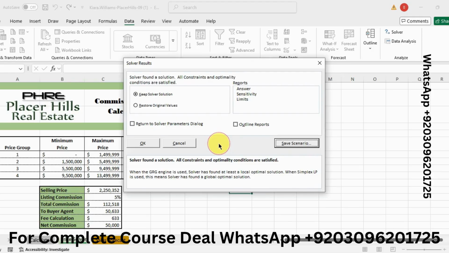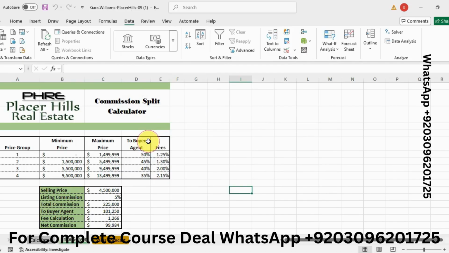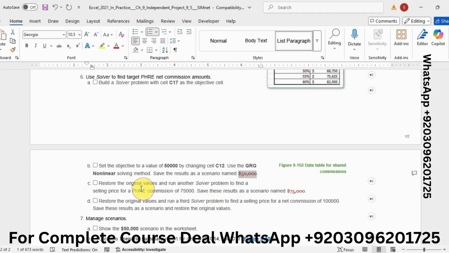Now check the box of Restore Original Values and then click on OK. So now second is restore the original values and run another Solver problem to find a selling price for a net commission of 75,000. Save this scenario.